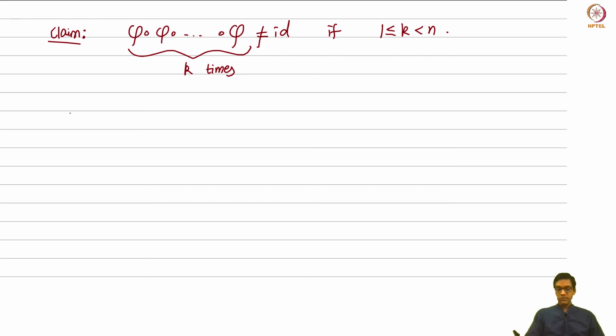Okay, why is this? Well, let's try to see what this would mean. If phi to the k is the identity, and phi to the k is just this composition, what does this mean? How do I apply phi? When phi to the k acts on an element a, it gives a to the p, the whole to the p, the whole to the p, and so on. So it's a to the p squared, a to the p cubed, etc. So this is just a to the p to the k. So if this is equal to a,